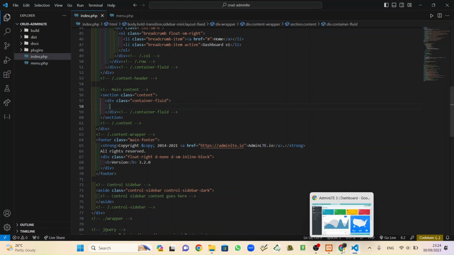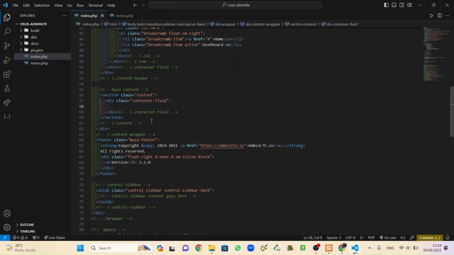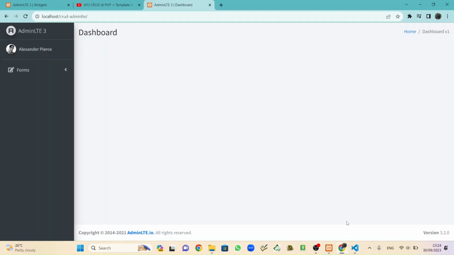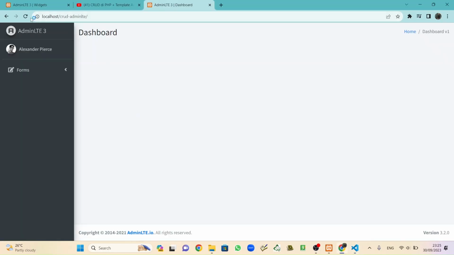Save. When we look at here, refresh. So there is nothing here. So don't let it be empty. Just put inside that heading text with h3. Welcome to the page. What we want to do is maybe welcome to the page first. We can edit it later. Now welcome to the page.